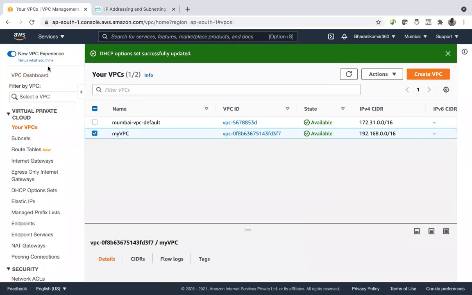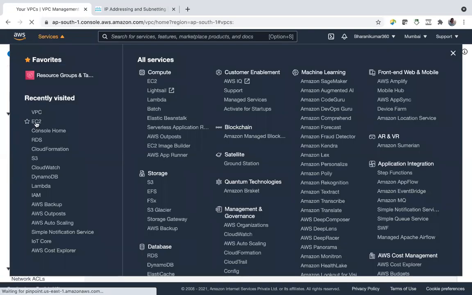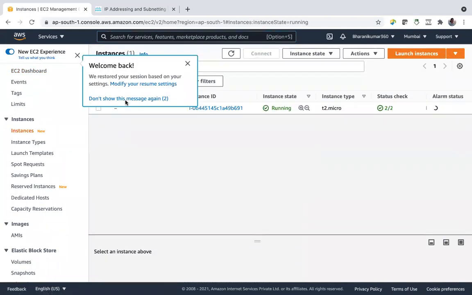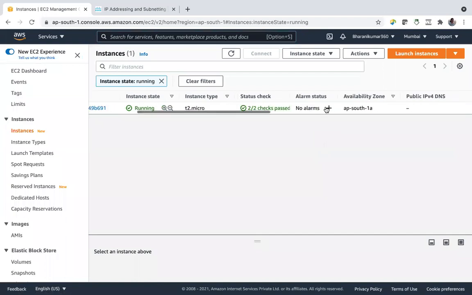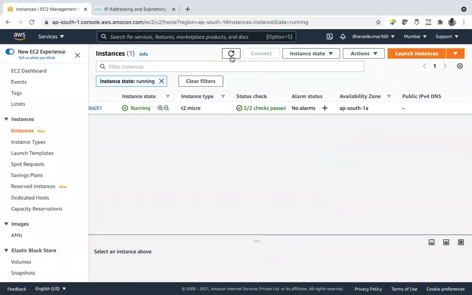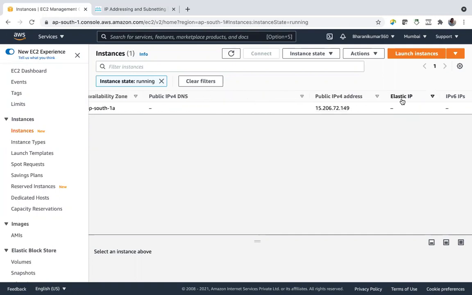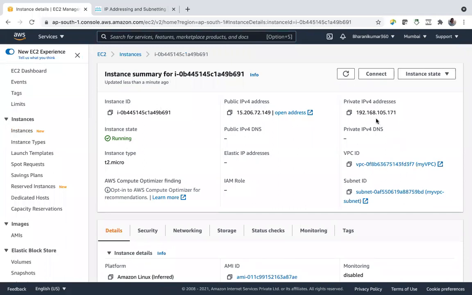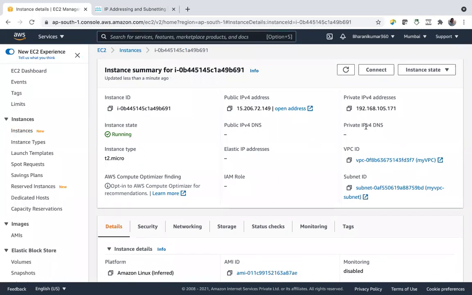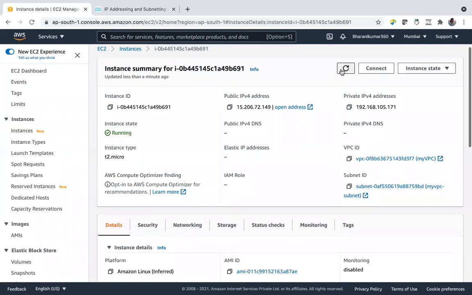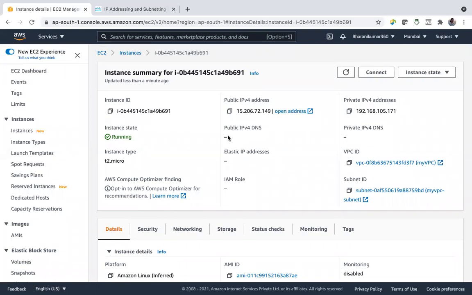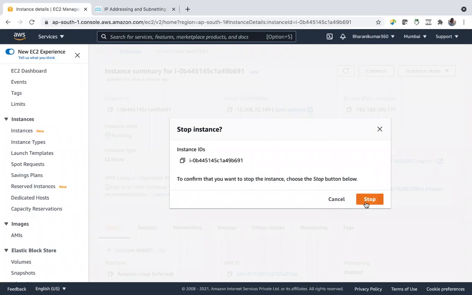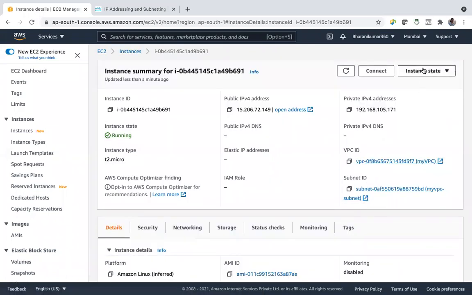Now let's go and check. No DNS, no private DNS and no public DNS. Let us start it once again. Stop. Instance state.